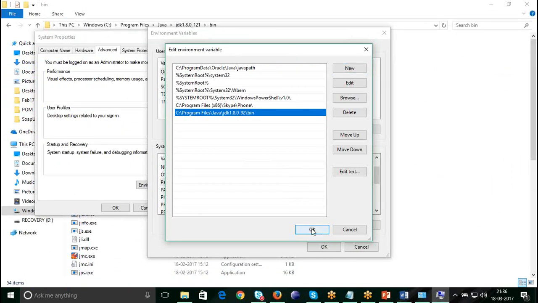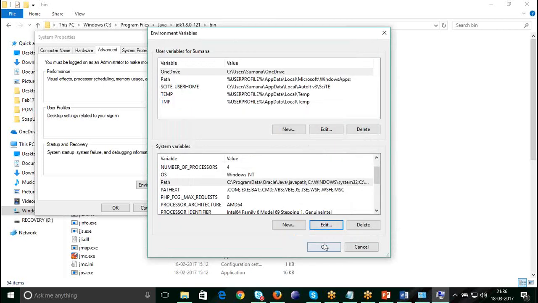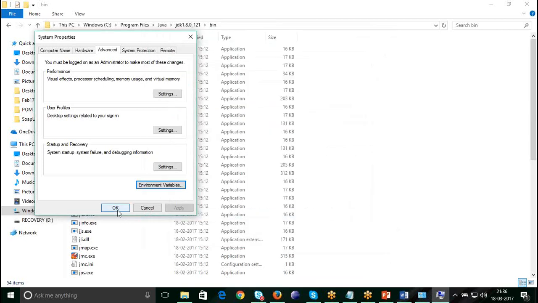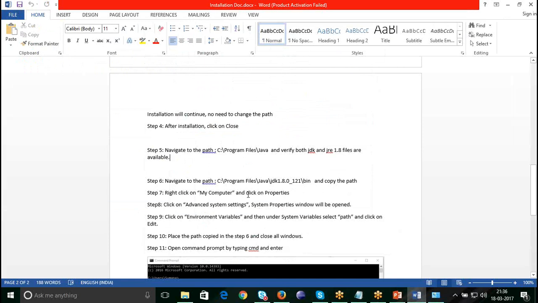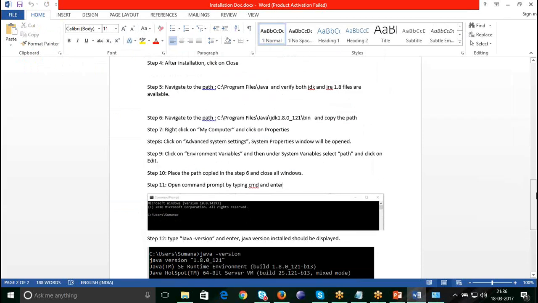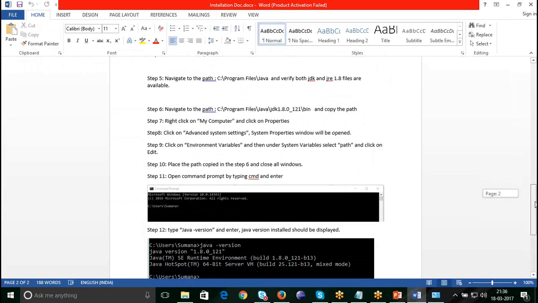Okay, is this clear? This is how we can install and set the environment properties. Place the path in step 6 and close all windows. Once we are done with the settings, open command prompt